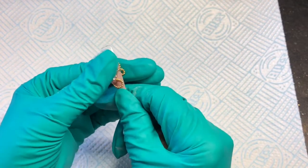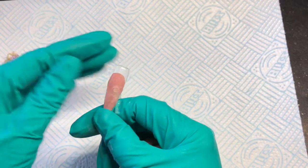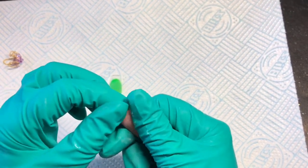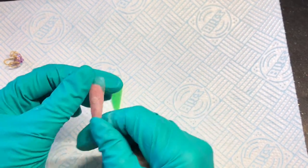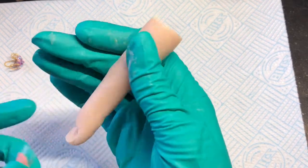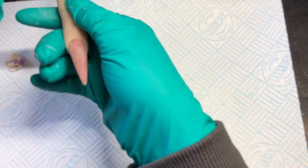So yeah, that's basically it. I'm tempted to just top coat that and see. Do you know what? I'm gonna